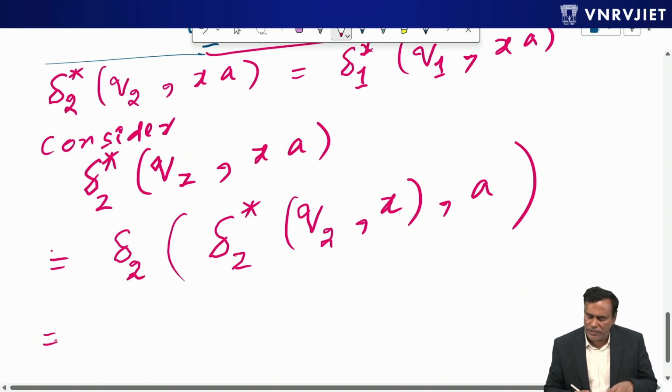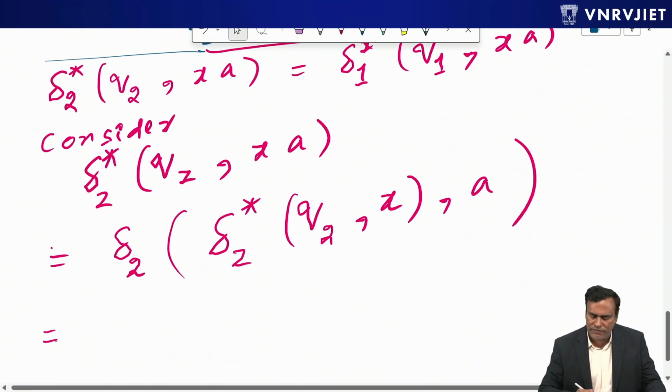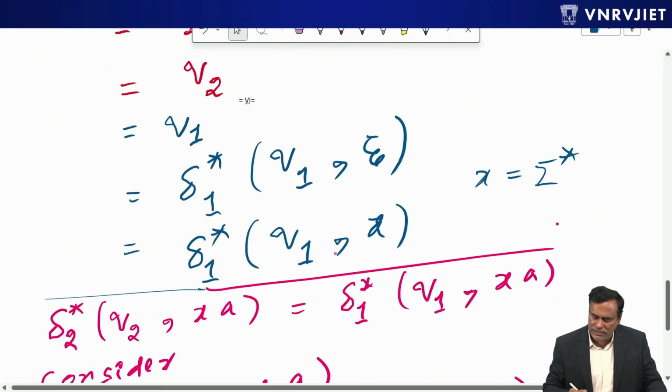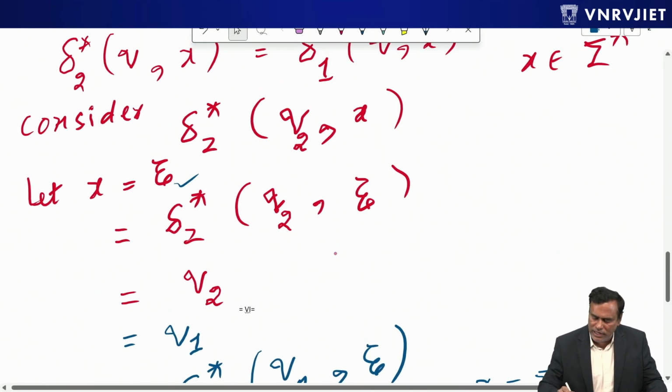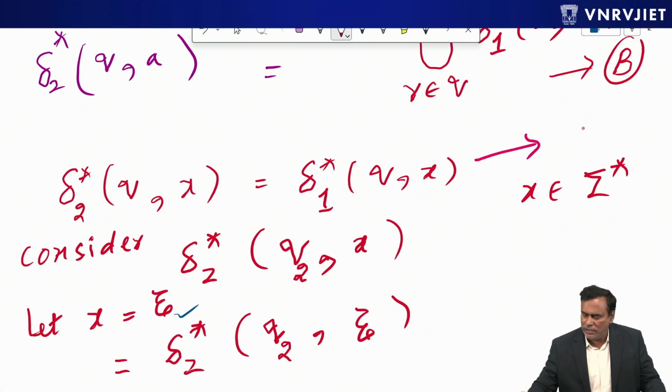And just now we have concluded, you have that equation here itself. This is what I have proved: delta 2 star of Q2 X is equal to delta 1 star of Q1 X, right? If you want to give some name for this equation, let us say C, you can give, it is up to you, right? From C,